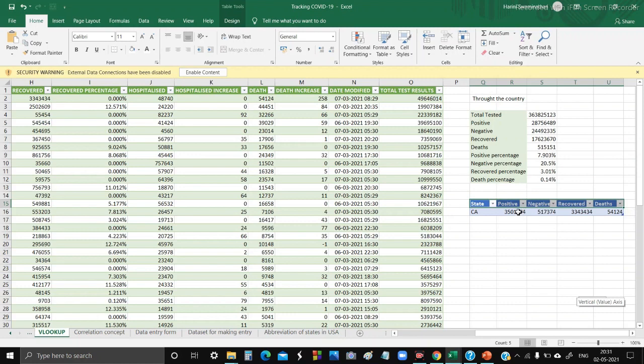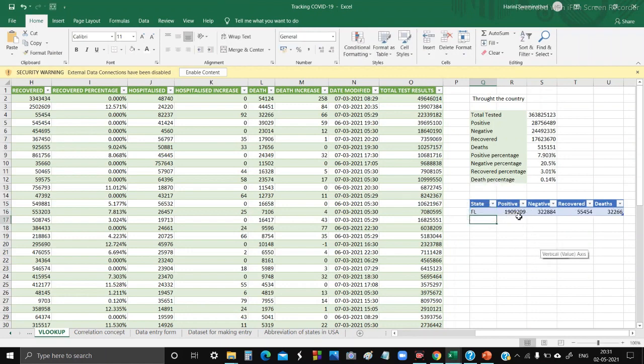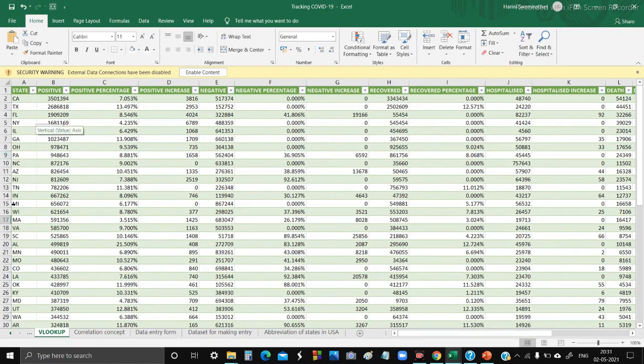Here the formula that we use for VLOOKUP is VLOOKUP(lookup value, table array, column index number, range lookup). In our case, if we are typing FL here, we are able to get the positive, negative, recovered and death values correspondingly for the state that is given here.